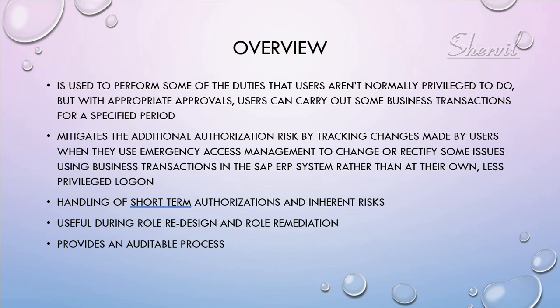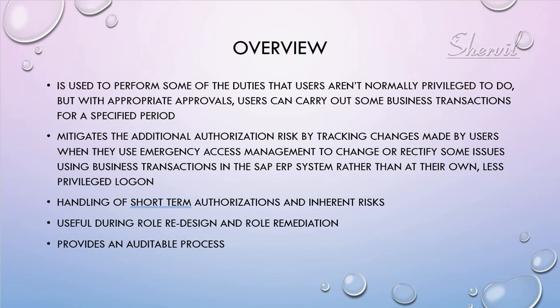So users can create self-service requests for emergency access to systems and applications, and then the business process owners can review the request for emergency access and grant access. And after that, the compliance persons can perform periodic audits of the usage and the logs to monitor compliance with the company guidelines.